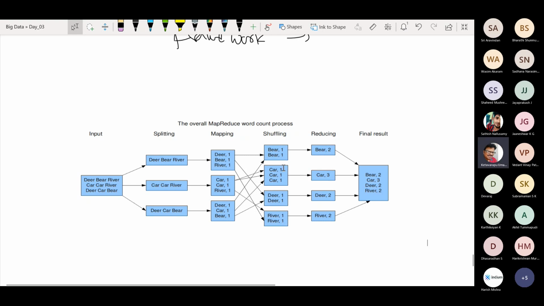Okay, 1 plus 1, 2. Car 3 times repeated, deer 2 times repeated, river 2 times repeated. That is the output. So finally, after getting your reduce phase, the output is going to be placed in the output folder. Now, just to estimate, guys, according to you, which out of these four